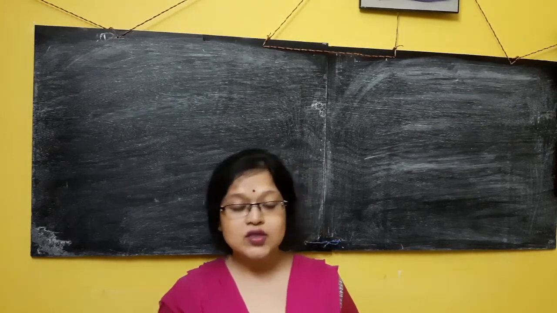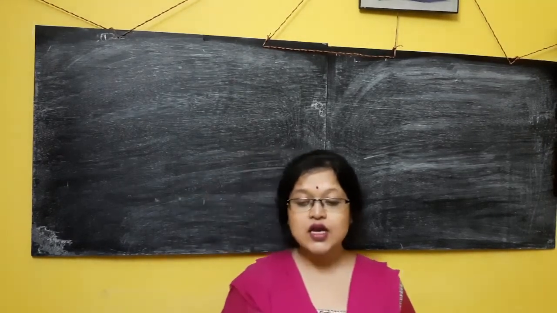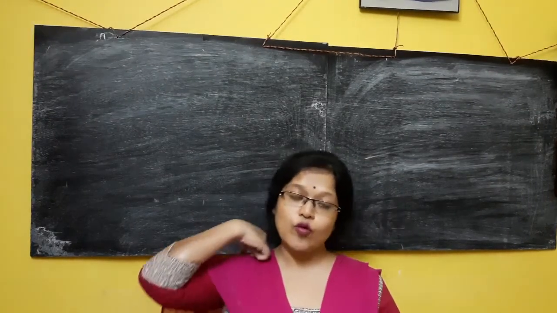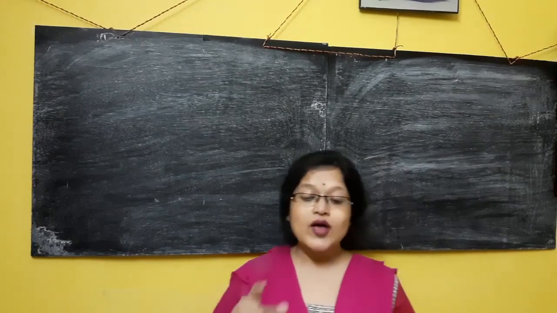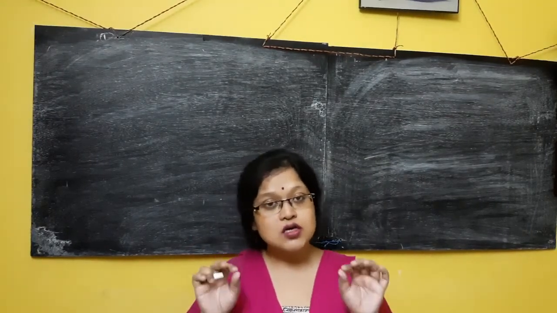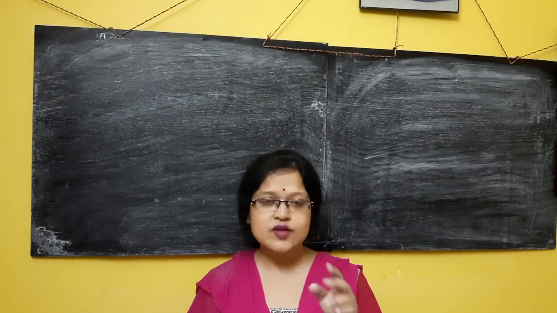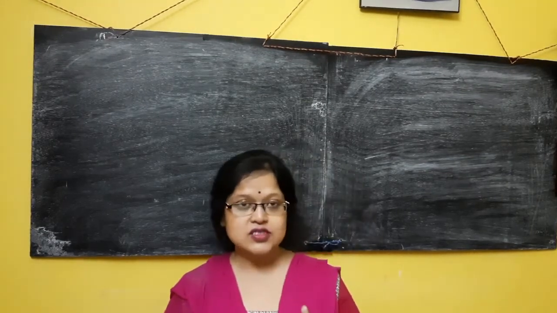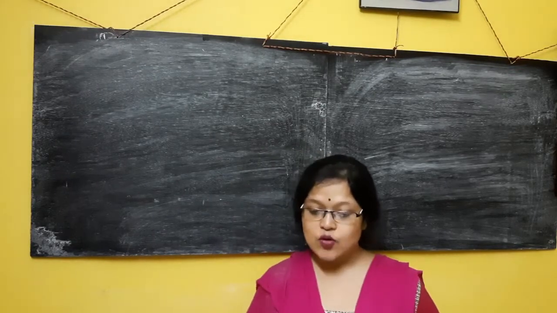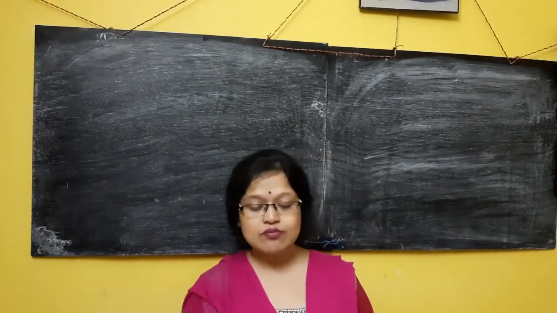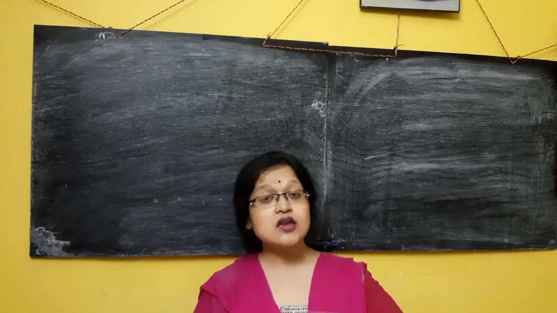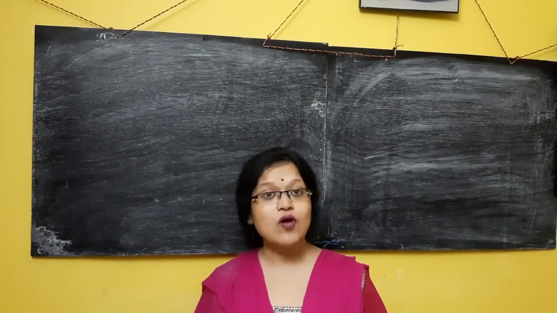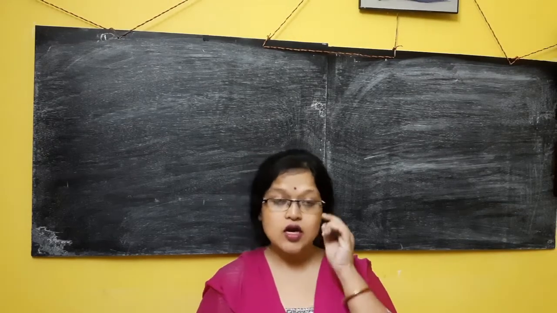Now since we are doing the revision of light, for both sections 10A and 10B, when you open your copy you can see we have done test paper solutions up to 2-3 pages. After that I started my revision. That's the first thing. And the second thing is that whenever there is some deduction, since it was done many days earlier, here I will give you a quick recapitulation on that. So let's begin.